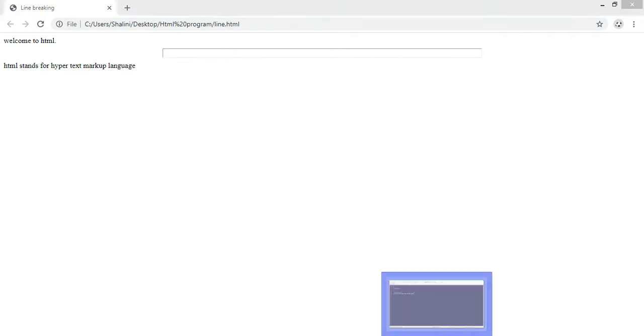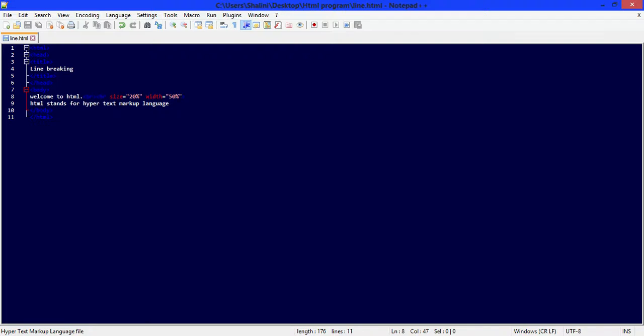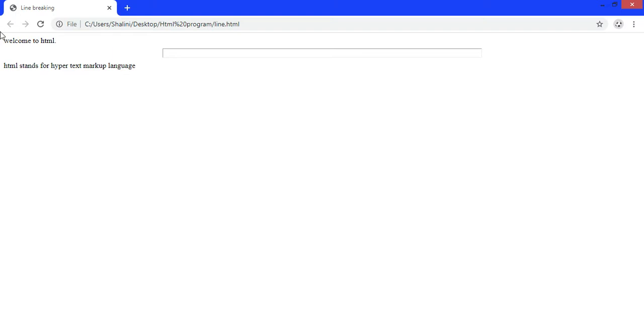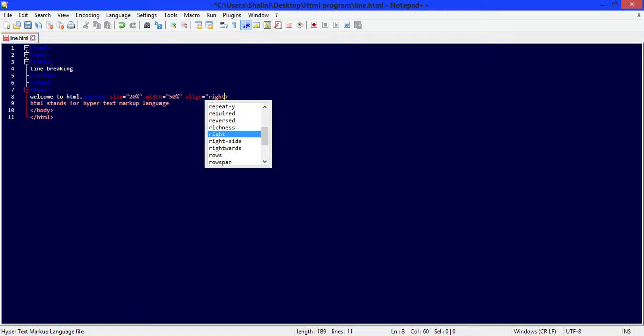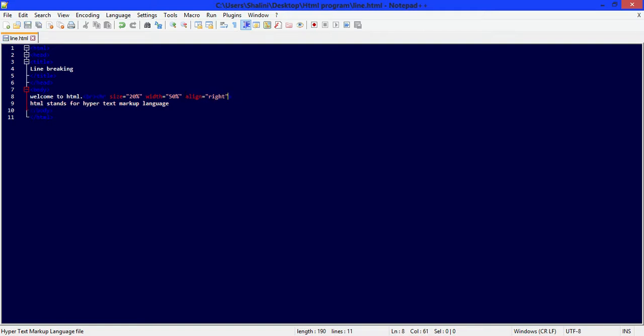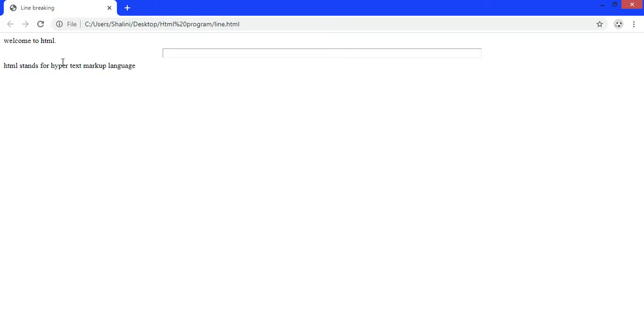Okay. Now if you want to align this line to the right side of the web page, then right here align equals to right. Now save it, refresh it.